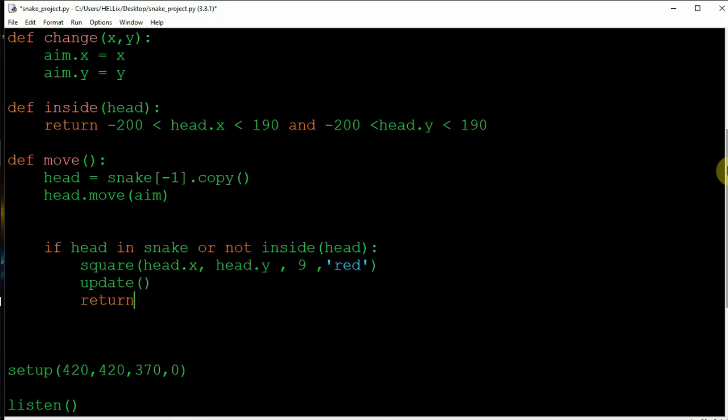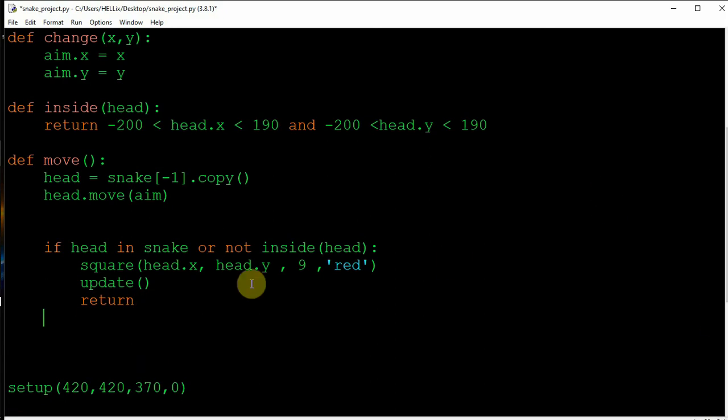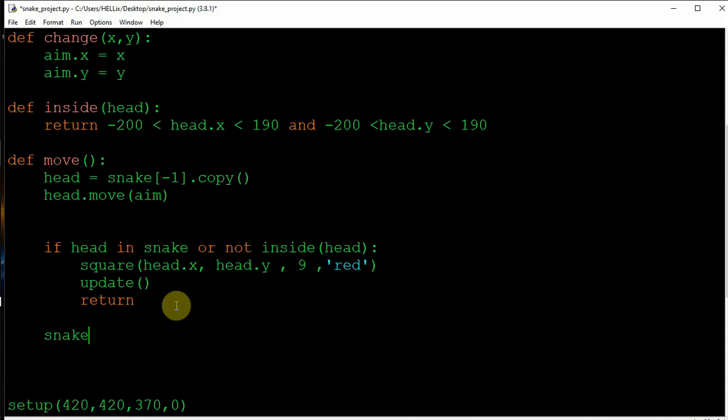Right now we will not be able to see this if I run it, because I haven't created the snake. So let's create it. But for any instance where the head is not in the snake and the snake is inside, we have to add the value of the head into the snake. So write snake dot append head. We still haven't counted whether he has eaten the food or not, so we'll count the food as well.